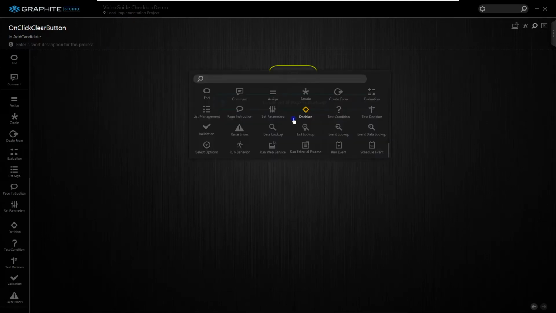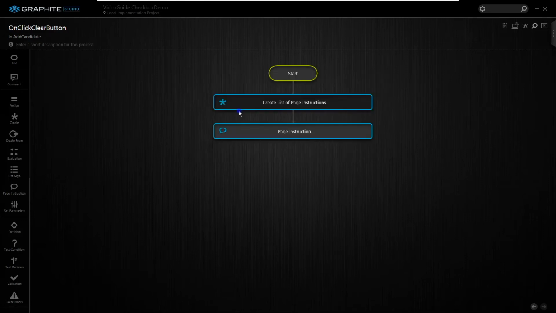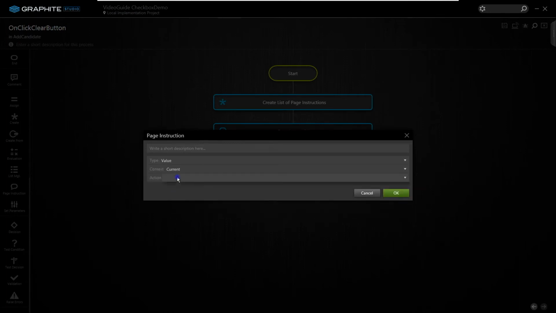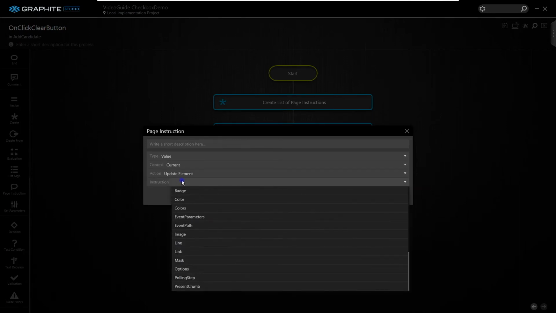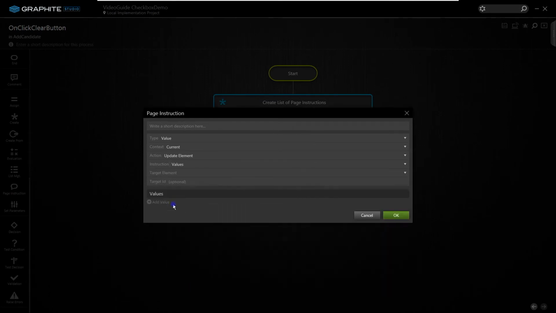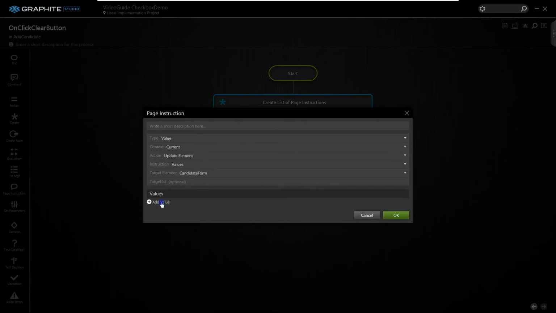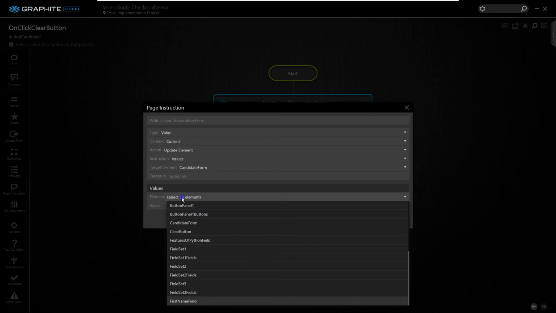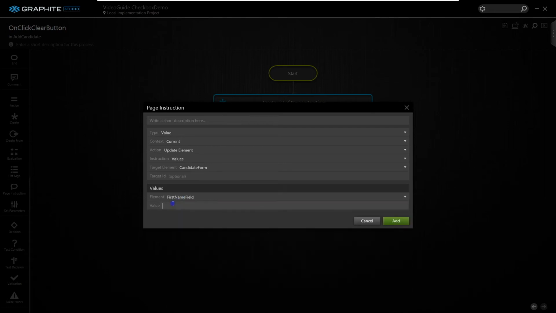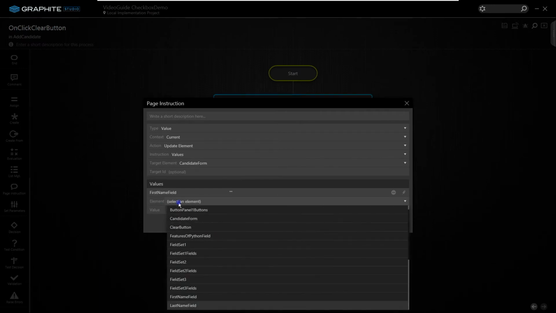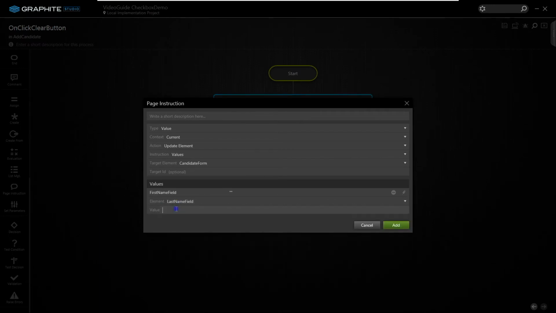That can be achieved using an update value page instruction. I'm going to add a page instruction, I'm going to choose a value, update element, and instruction is going to be values. The target element is going to be the form. Now I can just simply add all the fields. The first name field, the last name field,